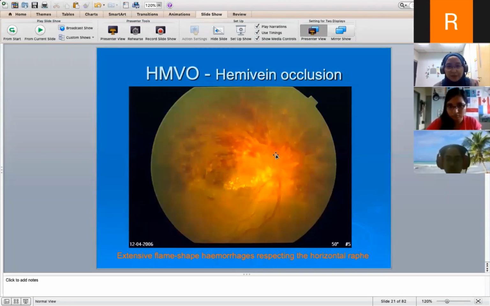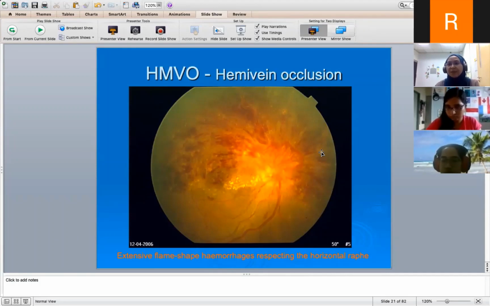Now, can you see this? A fan-shaped looking blood vessel. What is this? This is your new vessel. So this is hemi-vein occlusion which comes with all these features. Hypertensive retinopathy does not have new vessels. Can hypertensive retinopathy cause pre-retinal hemorrhage or vitreous hemorrhage? No, cannot, because they don't have new vessels. Vein occlusion and diabetic retinopathy, yes, but not hypertensive retinopathy, and that is the reason we don't follow up